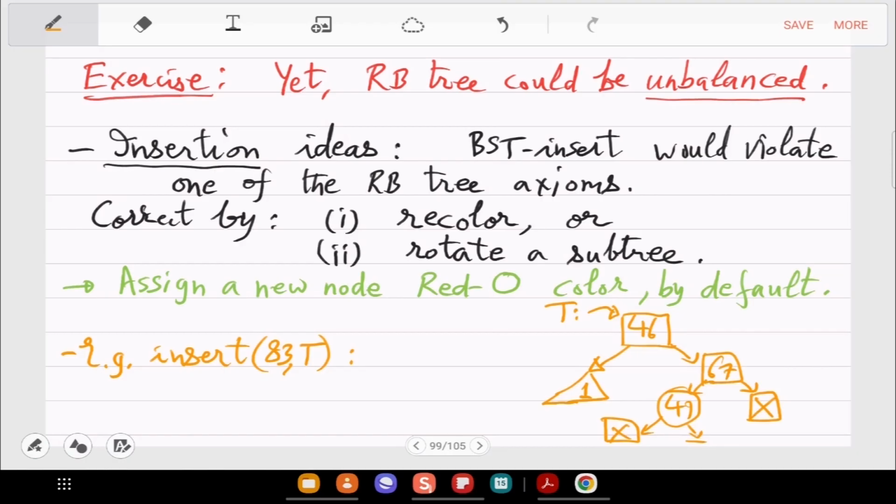Yeah, this is still black height 3, and in this, if you want to insert 83, it will be the same thing which I showed you before. After insertion, 83 will be created as a red node.